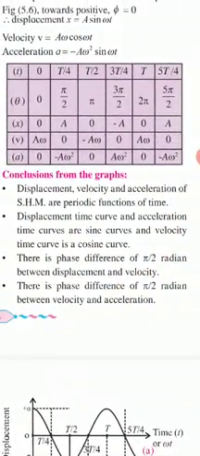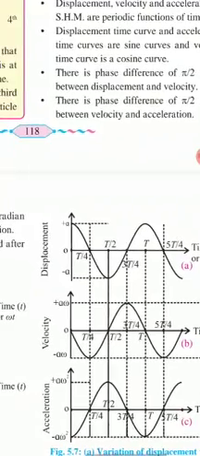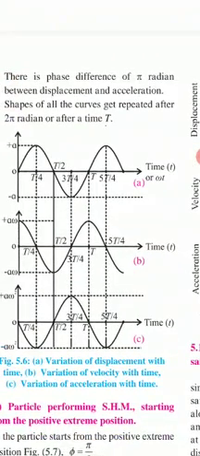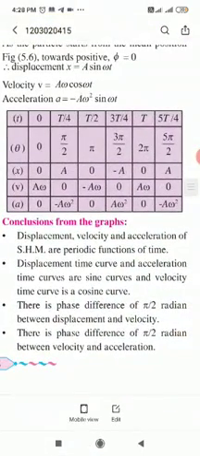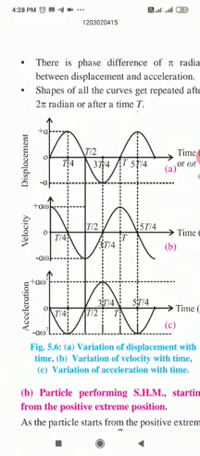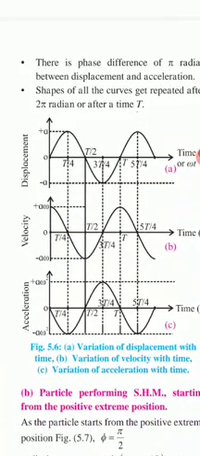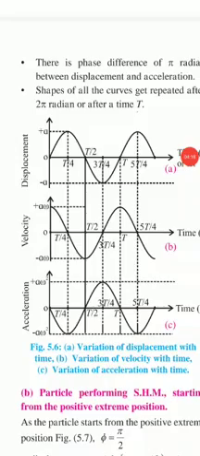And then 3 pi by 2, that will be again 0. So it will be again at this 0 point, that is 3T by 4. And the last one, theta equal to 2 pi. What is cos 2 pi? Again it will be plus 1, so v is equal to a omega, which will be at T. So again after every T, this cycle will repeat.